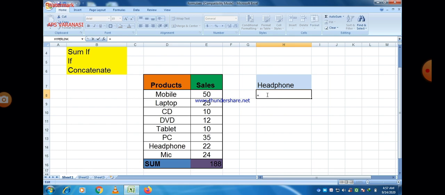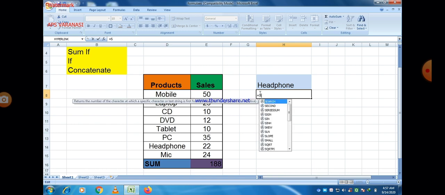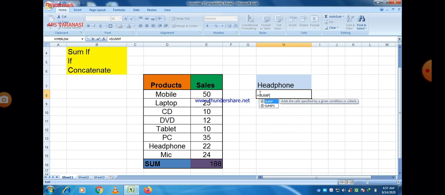Equal, after that SUMIF, the name of the function, and as you write SUMIF a syntax appears. Then select the range, that is the range, and after that put a comma sign and then select the criteria, and then after that a comma sign and put the sum range, whatever the sum range is.